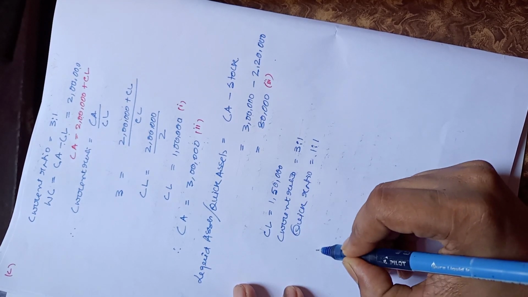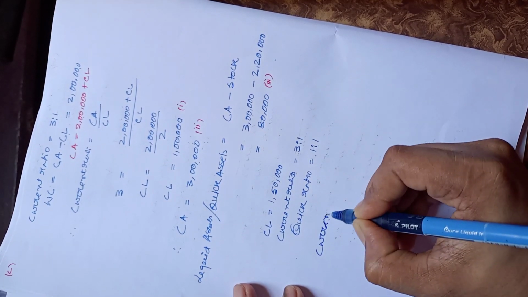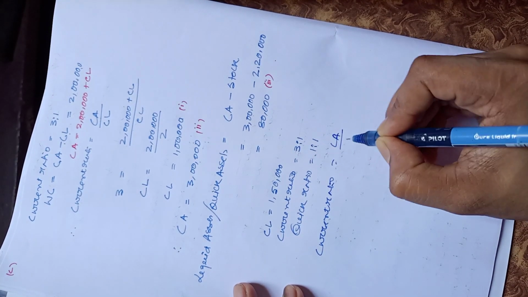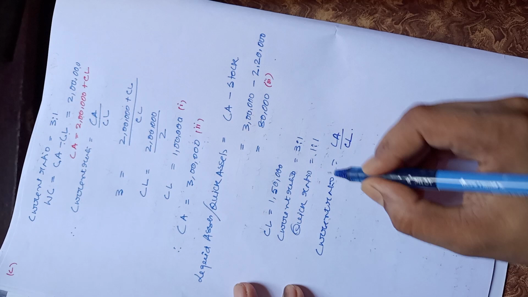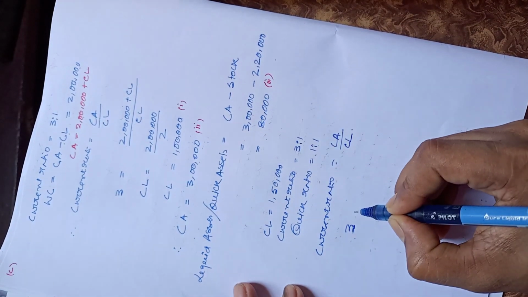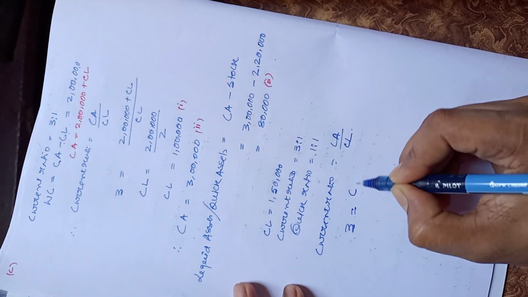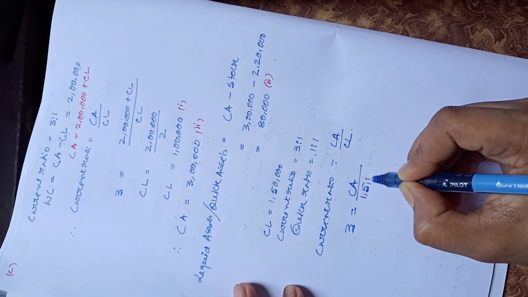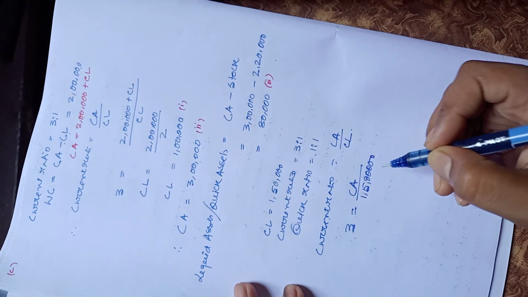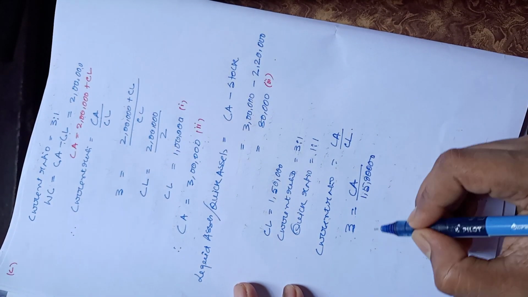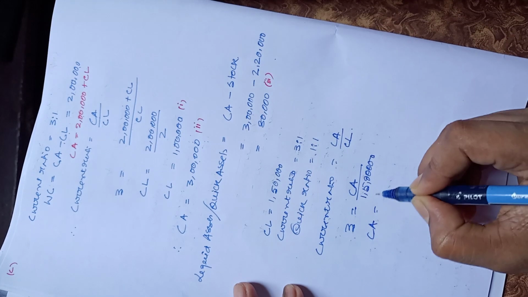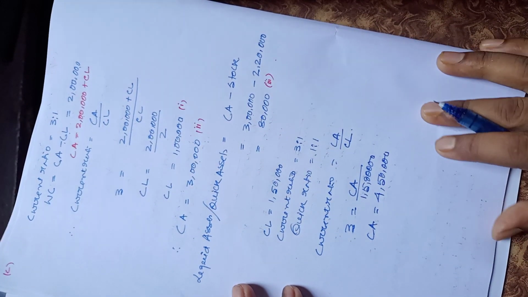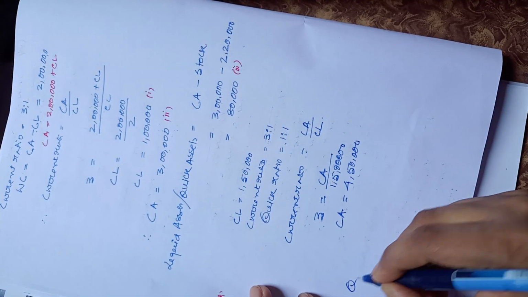So I have to find out the current assets, liquid assets and inventory. So the current ratio formula, again the same way, is current assets by current liabilities. Now we know the current ratio is 3. We don't know the value of the current assets, and the current liabilities is 1,50,000. So our current assets will be 4,50,000.